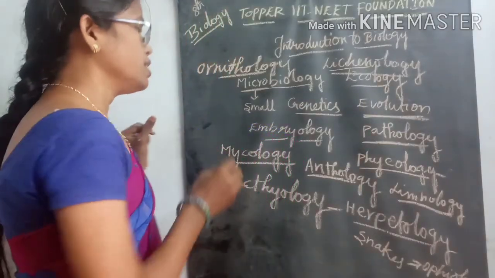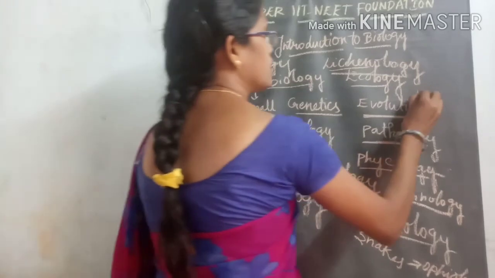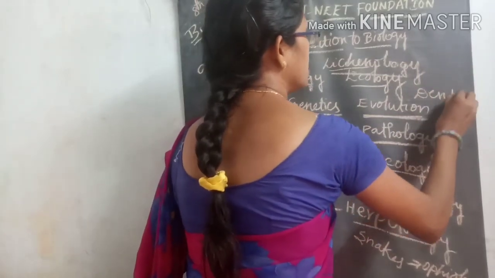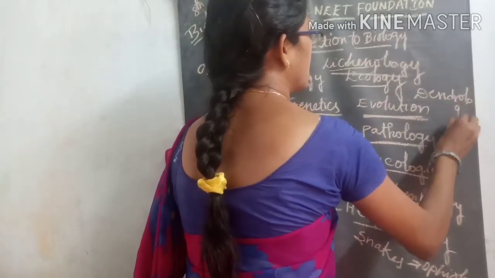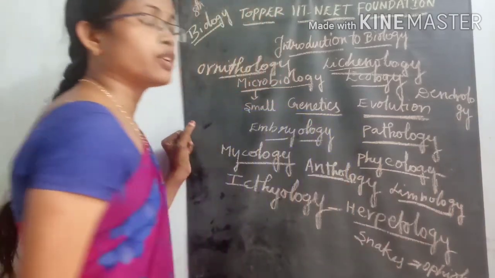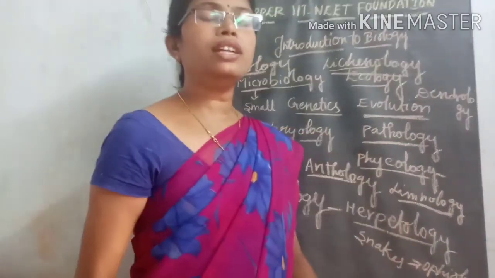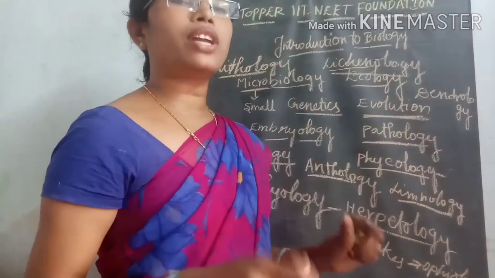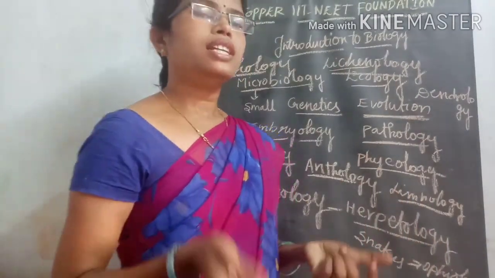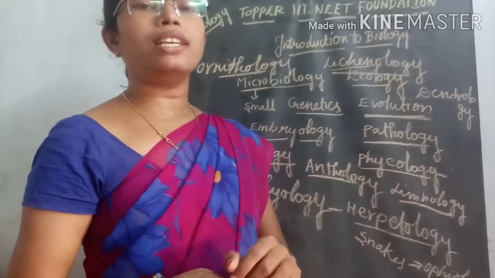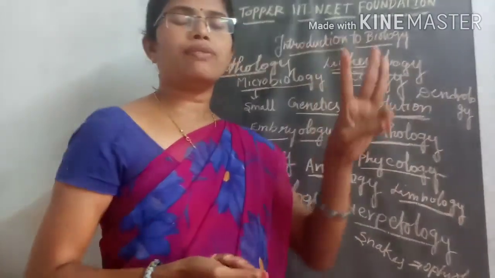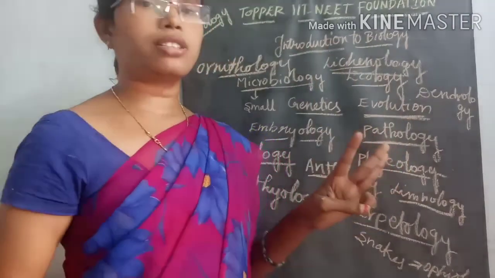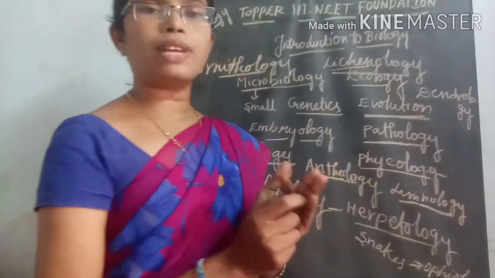And another one is called Dendrology. What is that science? Dendrology. Dendrology is nothing but the study of trees, the different varieties of trees. If you see different varieties of plants in our nature, there are mainly 3 or 4 varieties. The small plants that appear